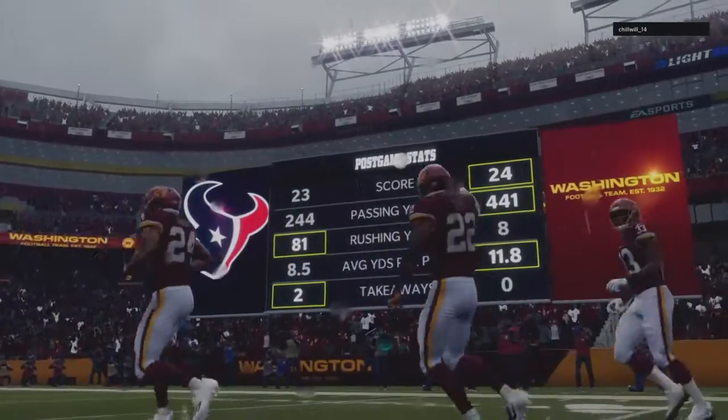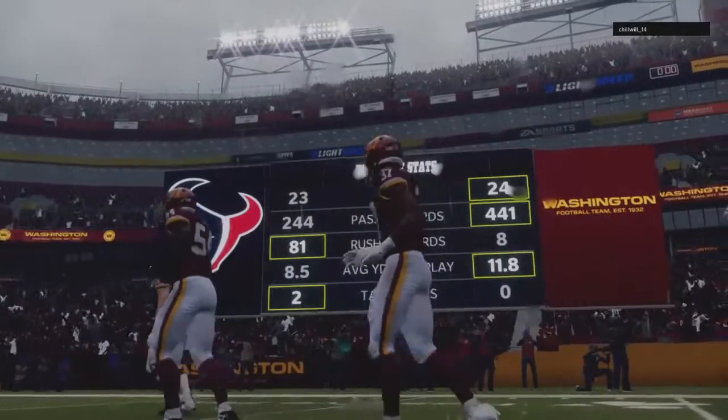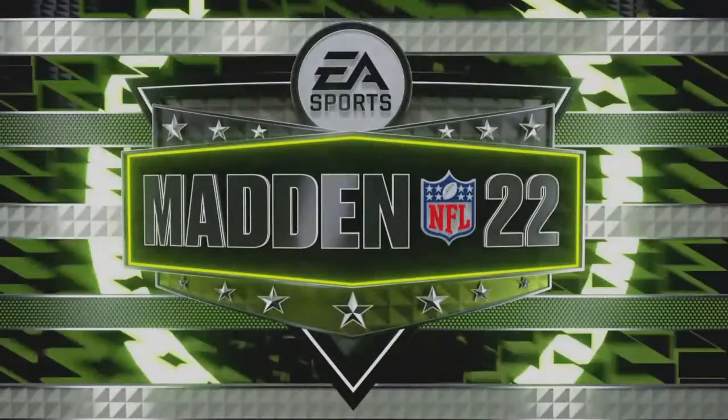So for Washington, that early momentum continues here as they move to 4-0. And they will hit the road next week to take on